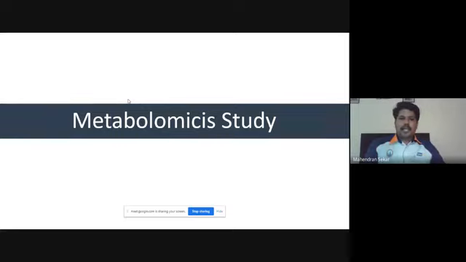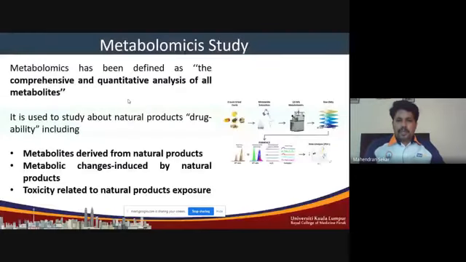The metabolites may be a fatty material, so that will be stable in the body, and later that may produce some kind of toxicity effect. So what we do in the metabolomic studies is identify the metabolite of the particular isolated compound from the medicinal plant. Based on this, we can predict the toxicity profile. The previous one, in silico studies, can predict the pharmacological and toxicity profile. But here the metabolomic studies are mainly used to predict the metabolites.